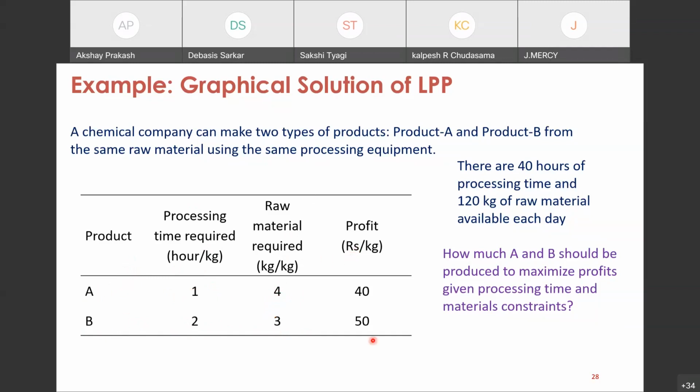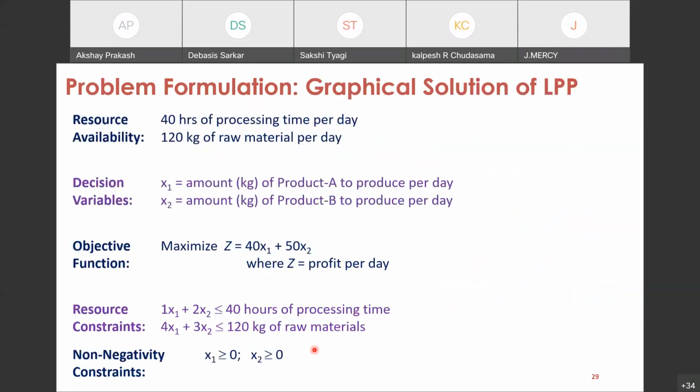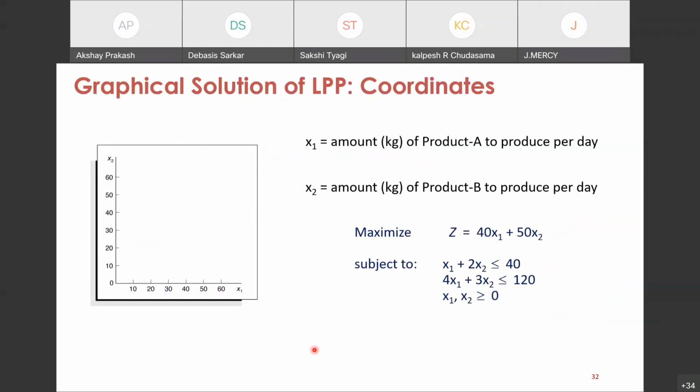It is 40 and for B it is 50. So you have to decide how much of A and how much of B should be produced to maximize profits, given the processing time and the material constants. So let us say, the way we just discussed, we have formulated this problem,